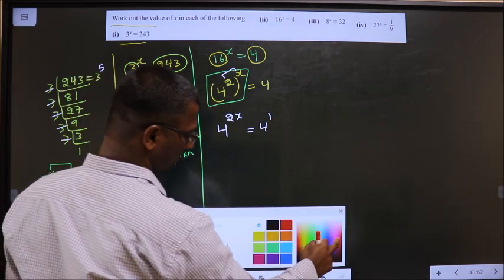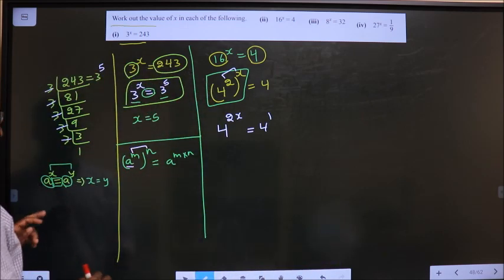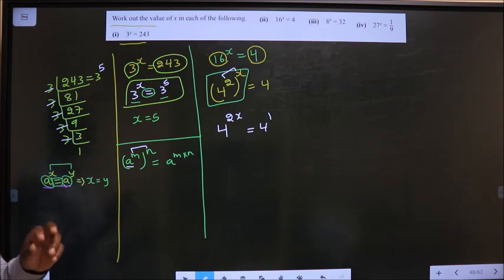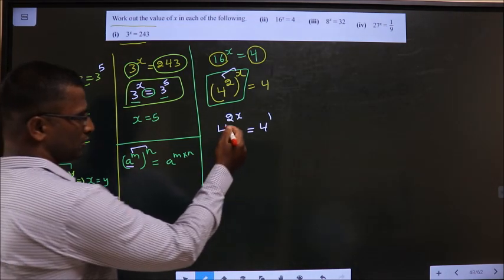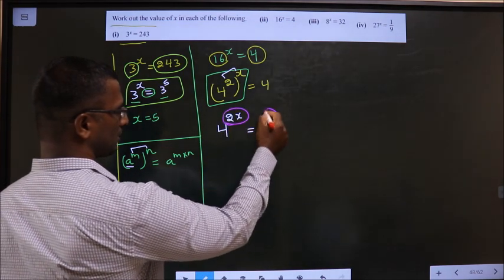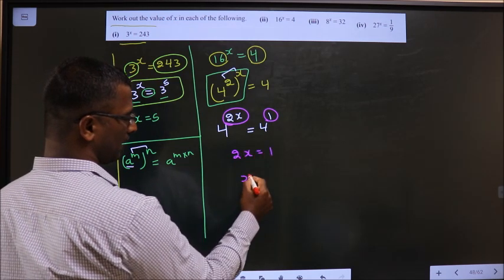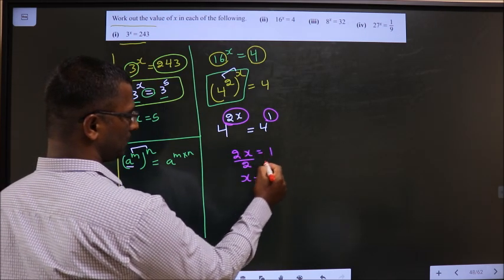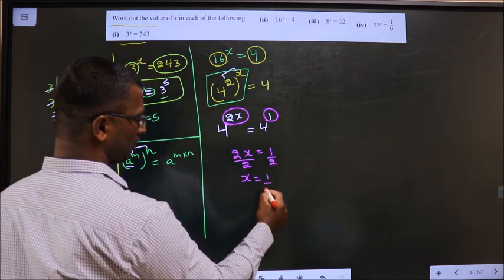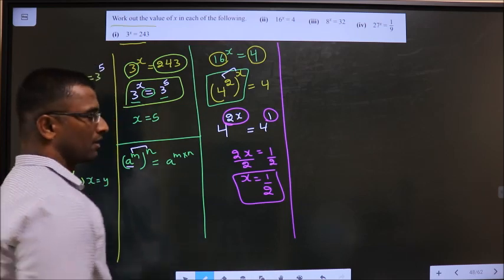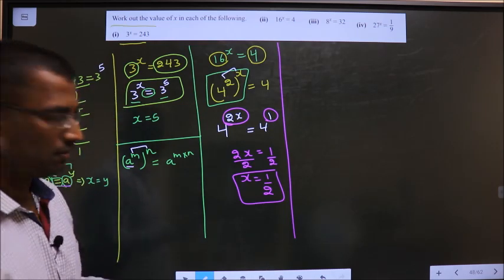Now apply this. Bases are same, equal to, so equate the powers. So here the powers are 2x and 1. So 2x equal to 1. Now to get x, divide by 2. So you get x to be 1 by 2. Okay. Now the next one